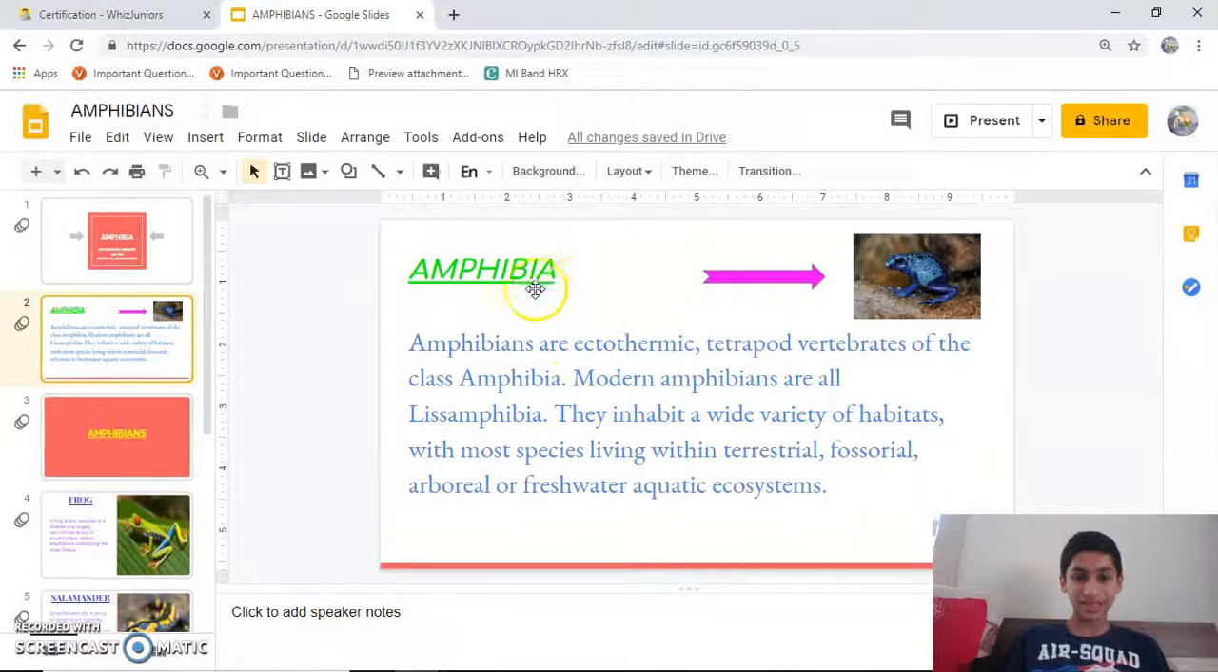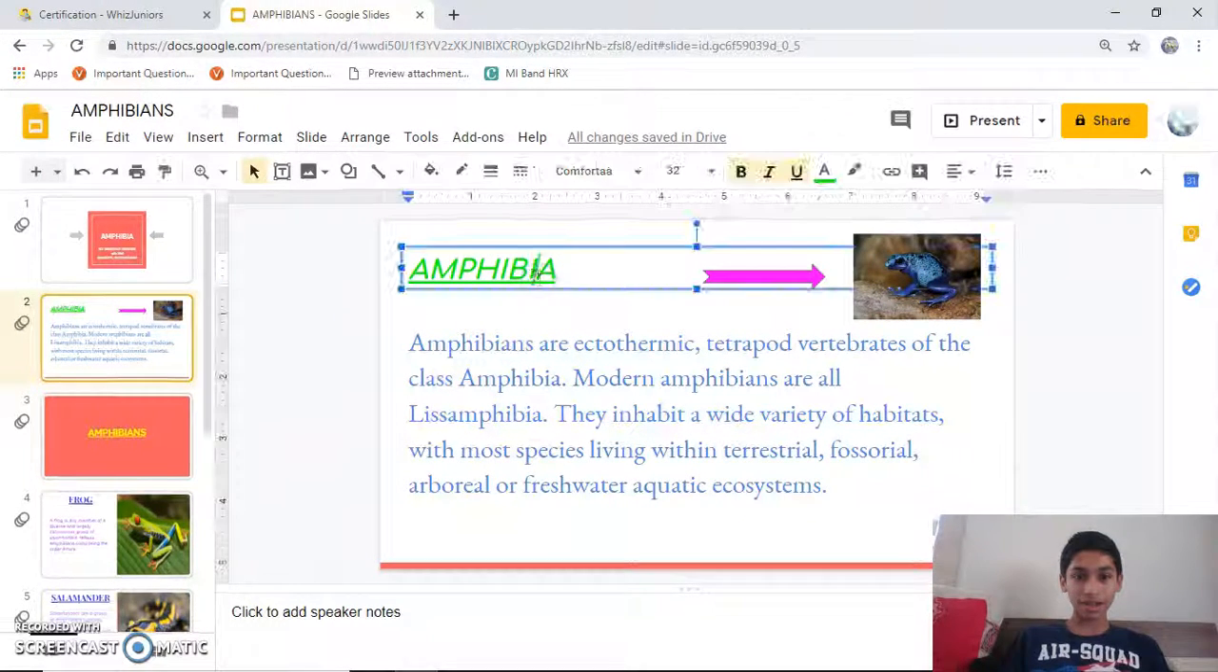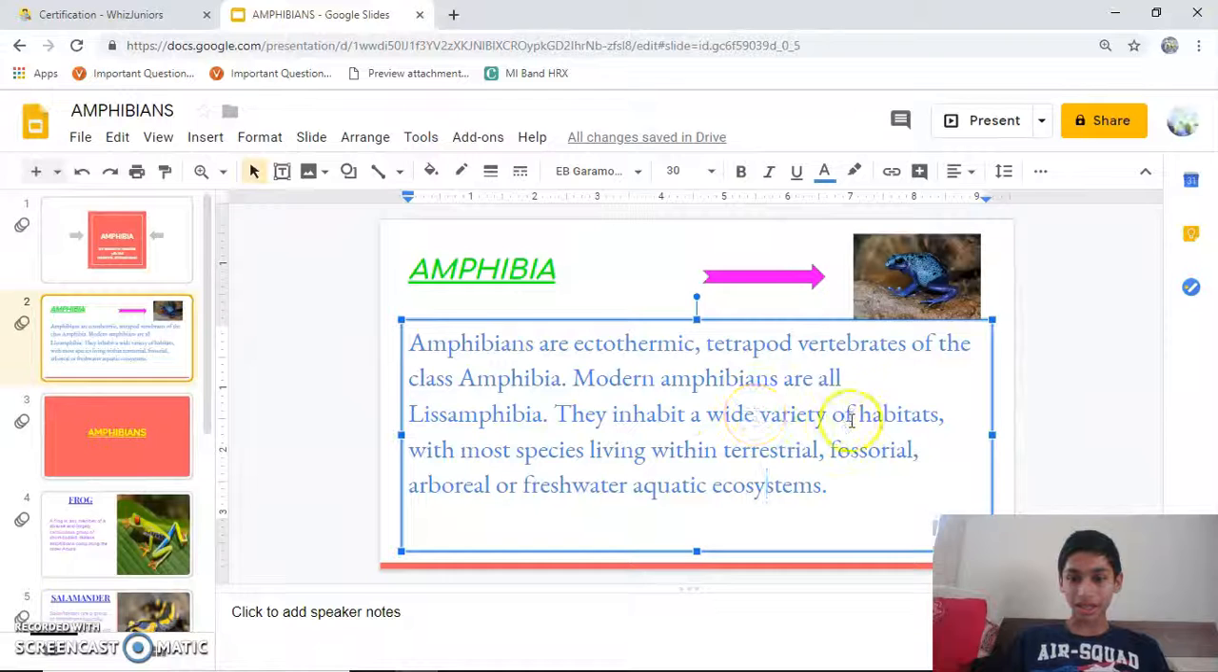So for instance, I'll take this slide here. I've given text color green and text style as comforter, and I've given bold, italic, underline, and so many things. And here I've inserted a shape also. It'll be covered in the next feature. And in this text also, I've changed the text color and the font size